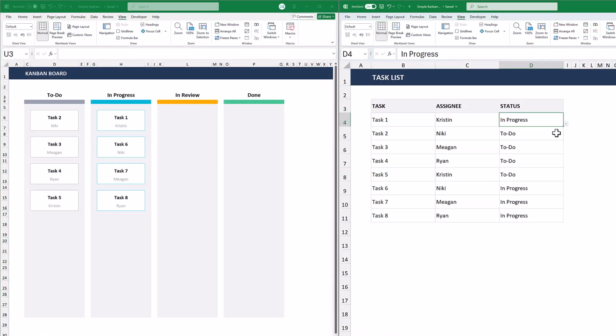Now, whenever you adjust the status of your tasks, the Kanban board updates accordingly, and that's all there is to